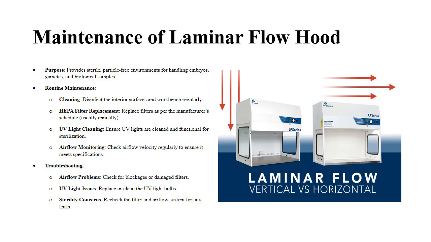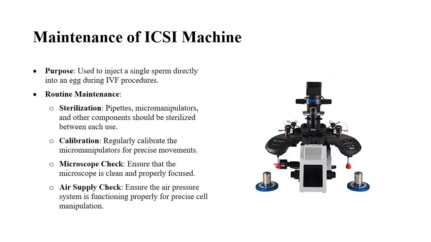UV light malfunctions: if UV lights are flickering or not functioning, replace the bulb or check the power connections. Inconsistent sterility: if contamination is observed in the sterile workspace, check that the filter is functioning properly and the cabinet is being used correctly. E. ICSI machine, intracytoplasmic sperm injection. Purpose: used to inject a single sperm directly into an egg during IVF treatment, typically when there is male factor